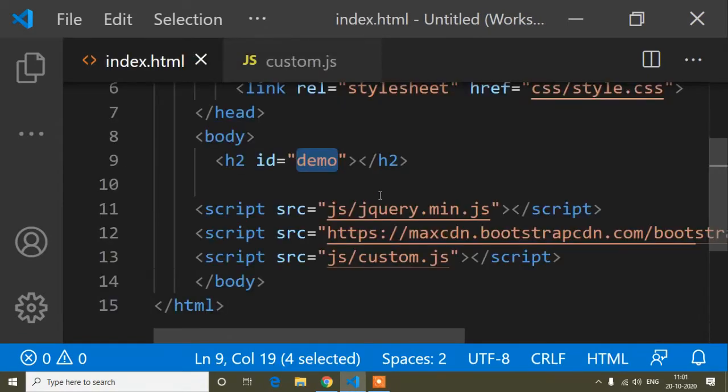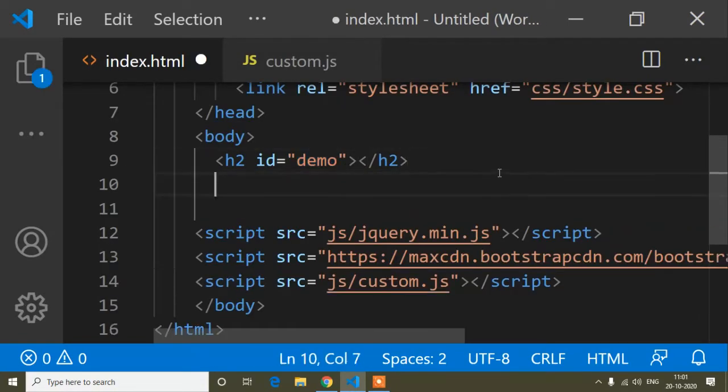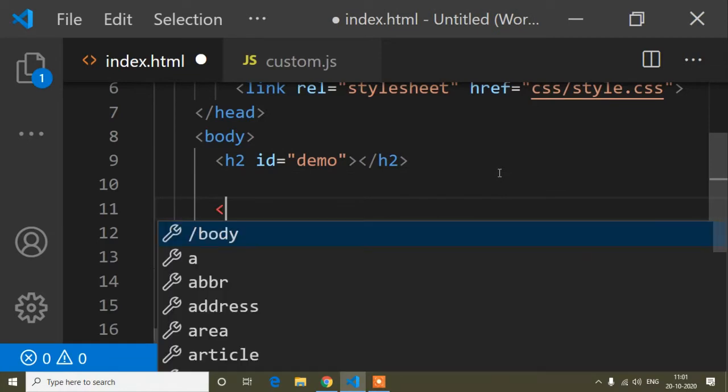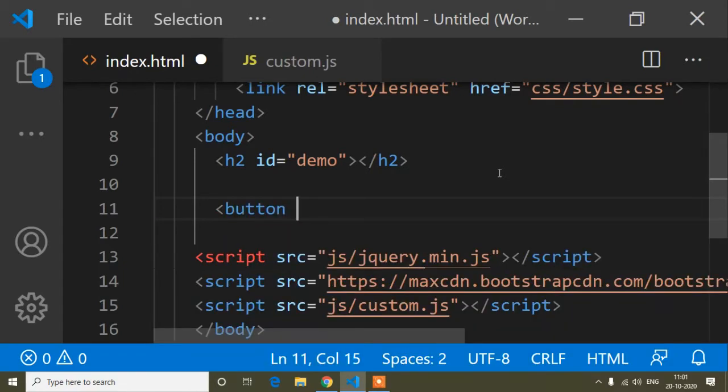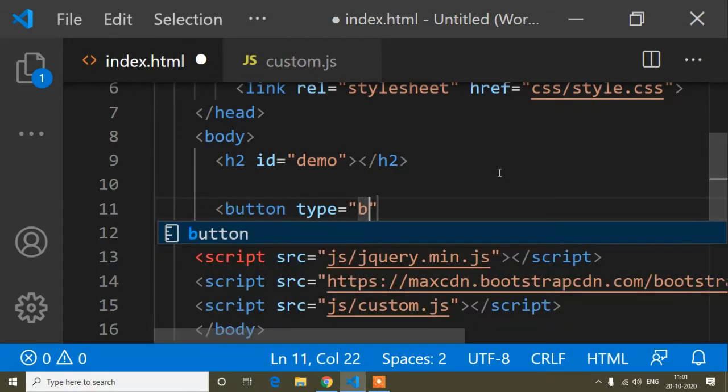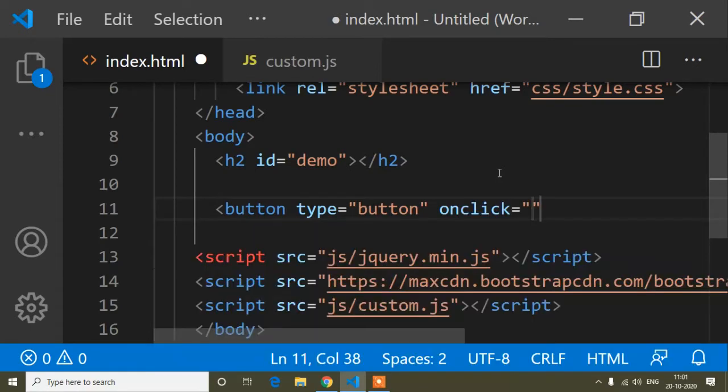So for that, guys, first of all here I will create a button. When I click this button, then I will use the array fill method. So for that button, the type I will write here button, and here I will write a method. So onclick, and the method name, I will write function.